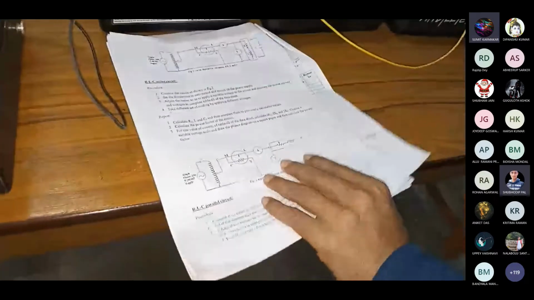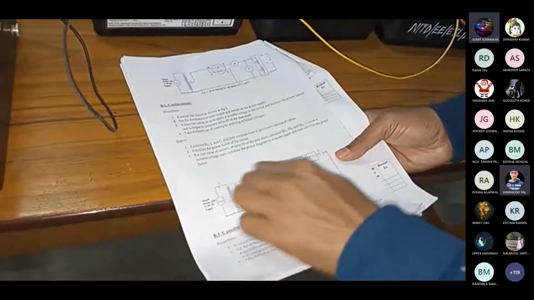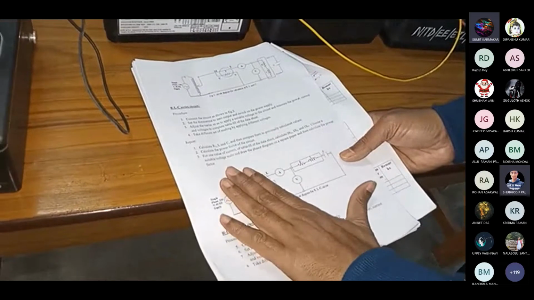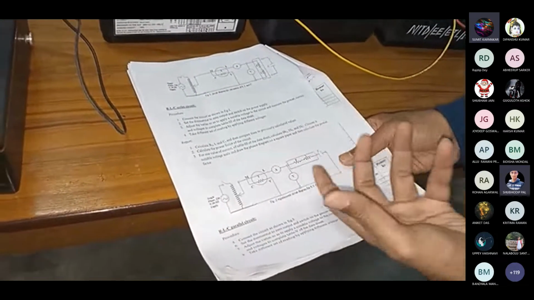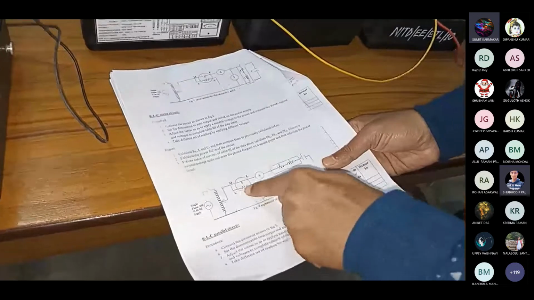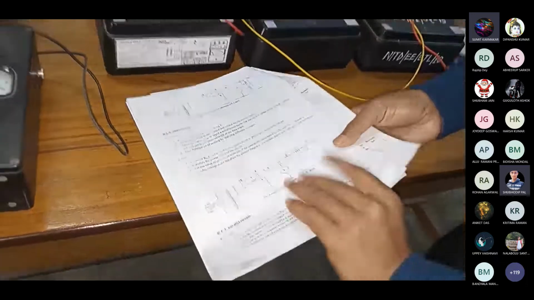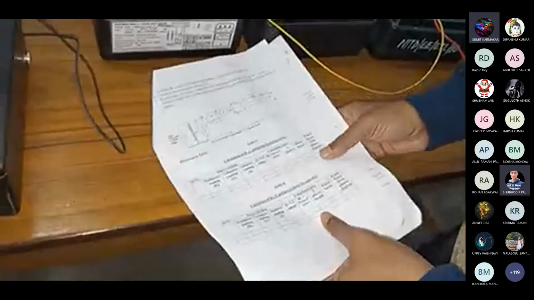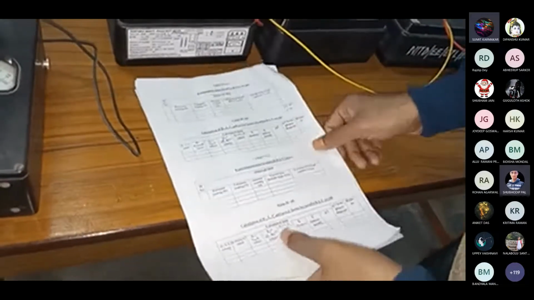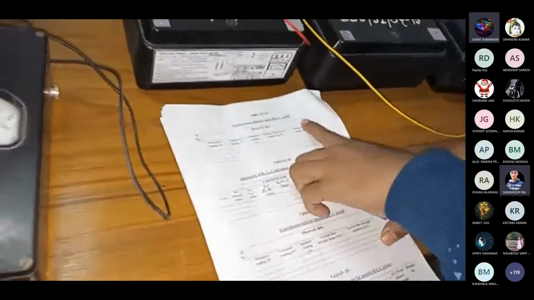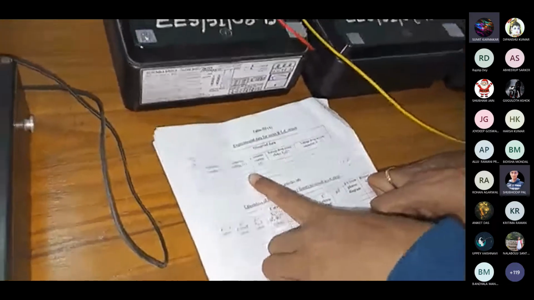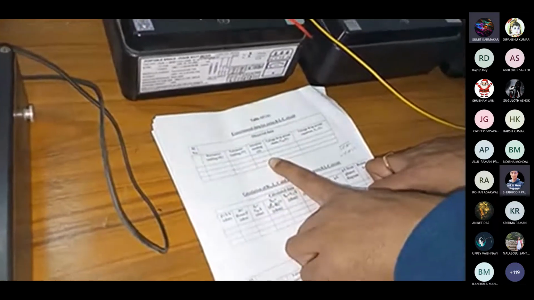And for this circuit, what are the components? See, this part is always fixed. That's why I'm not altering these things. We will require one power measurement device, that is a wattmeter. We are connecting a voltmeter, this one, and the ammeter is this one. So for this reading, say, the experimental circuit diagram for the series RLC circuit. And for this one, the table of data we are supposed to take for the series RLC circuit: wattmeter reading, voltmeter reading, and ammeter reading will be required.